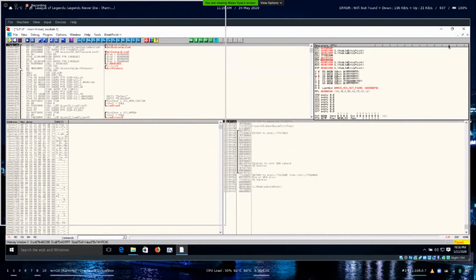Malav, if you can just increase the font size.